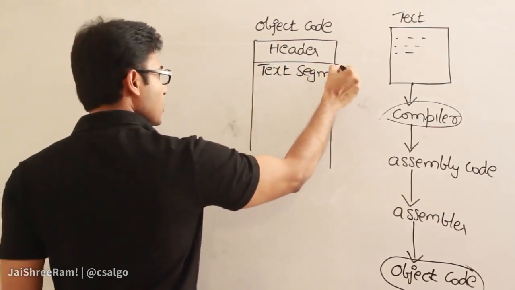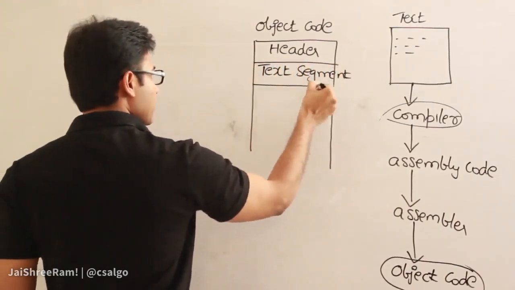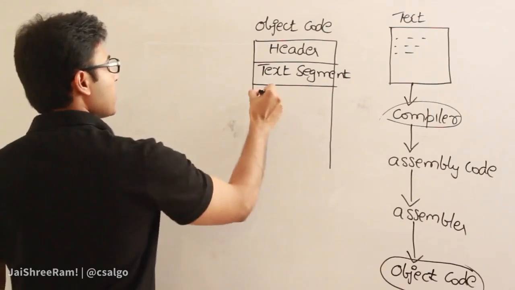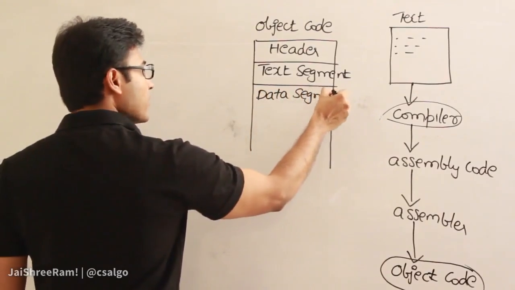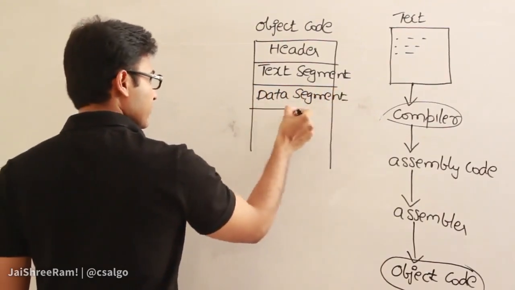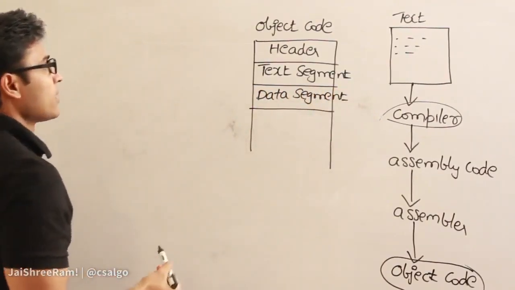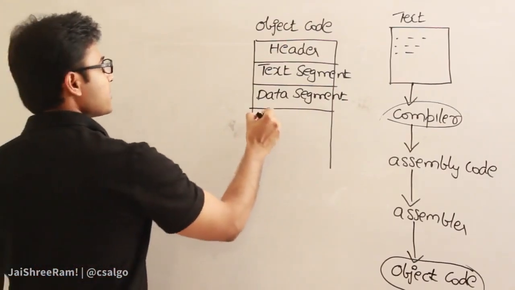The text segment, or code segment, is nothing but the set of instructions, and then it will contain a data segment. The data segment will contain the data elements present, and after that it will contain something called